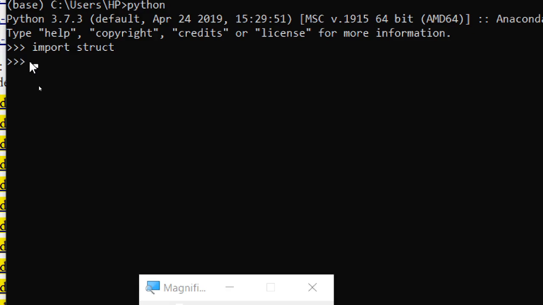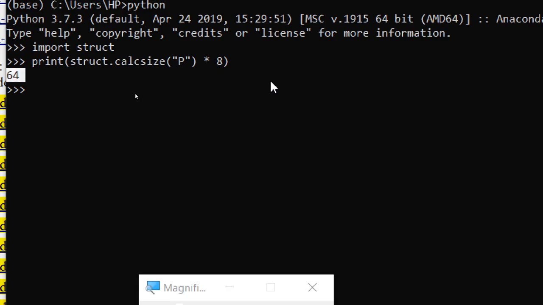Once you've given that, write a statement like print struct.calcsize p, sorry, calcsize p into 8, and run this. So over here I got 64.